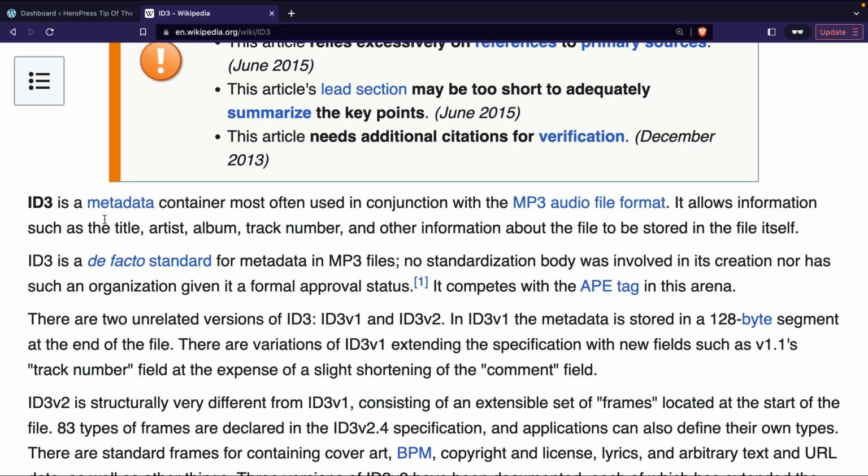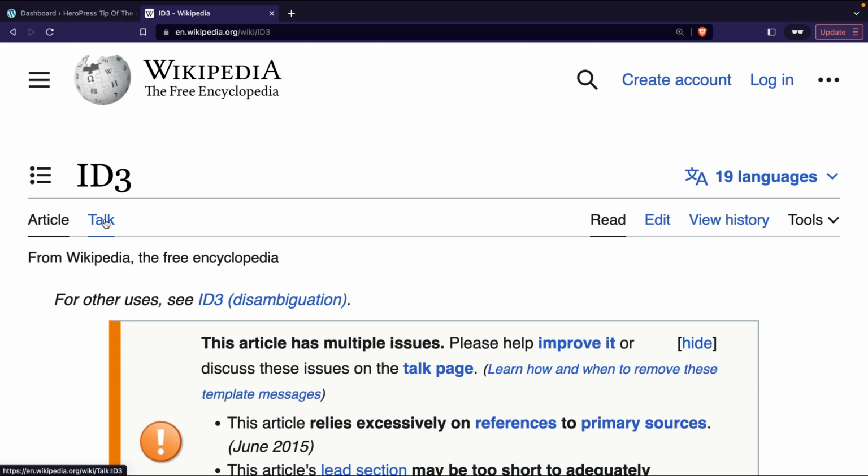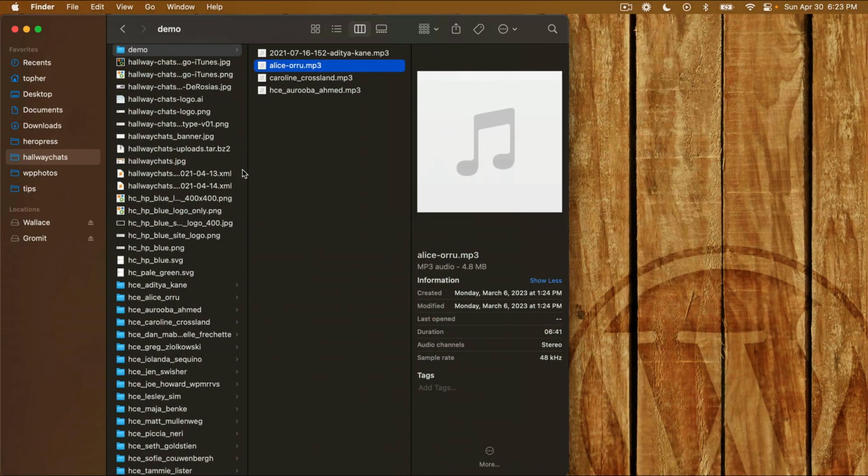audio file format. There are two different versions, version 1 and version 2. You don't really care. They both work pretty much on every platform, and most systems handle both of them. So if you input fields in version 1, it's going to get copied to version 2. Just, you don't care. So first I'm going to show you how to edit them, and then I'm going to show you why you want to do this and why it matters.